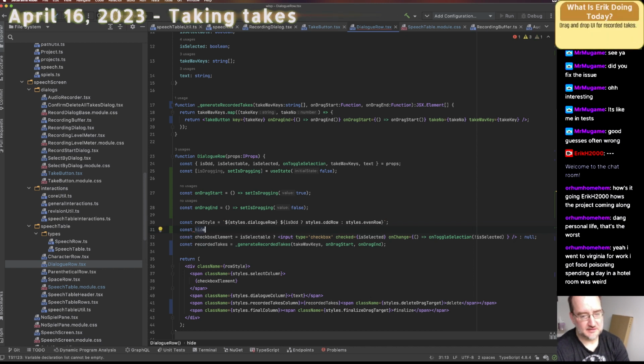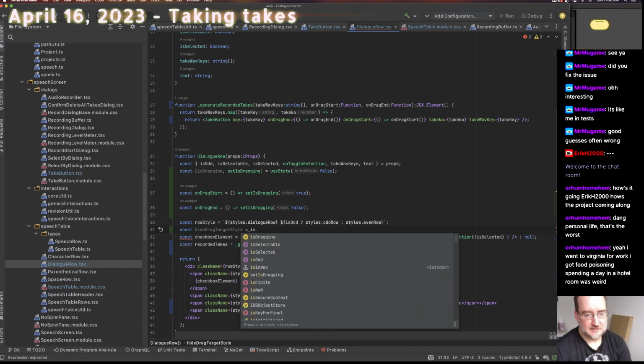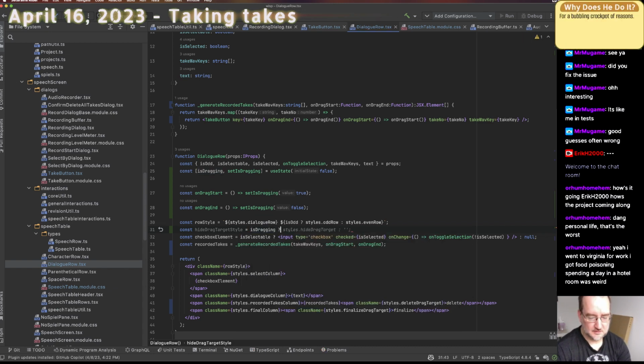Const hide drag target style equals is dragging home or, yeah, okay, and then